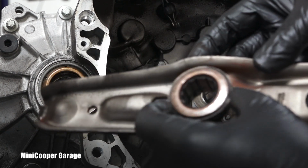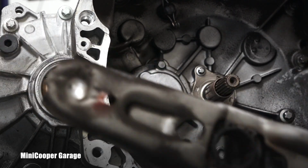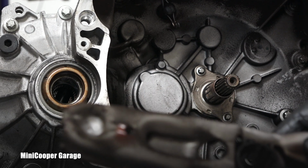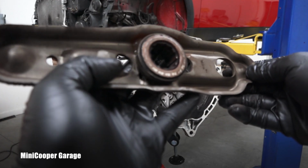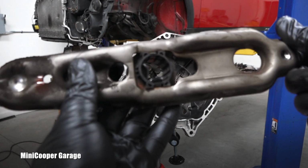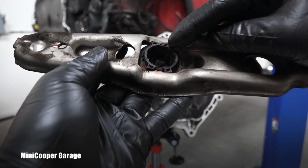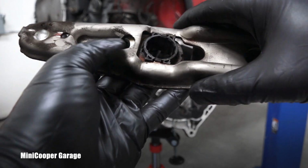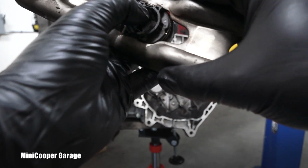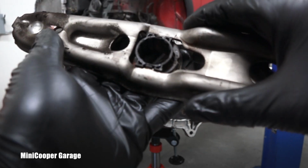You can see here the throwout bearing. This is the backing, right? All this needs to be nicely cleaned. Here you can see the whole part in detail, right? Once again, the back side. And basically there are small little clips which I will need to push in, and the whole bearing will separate